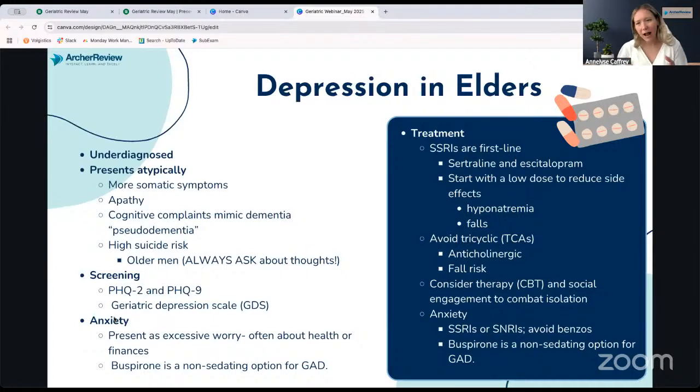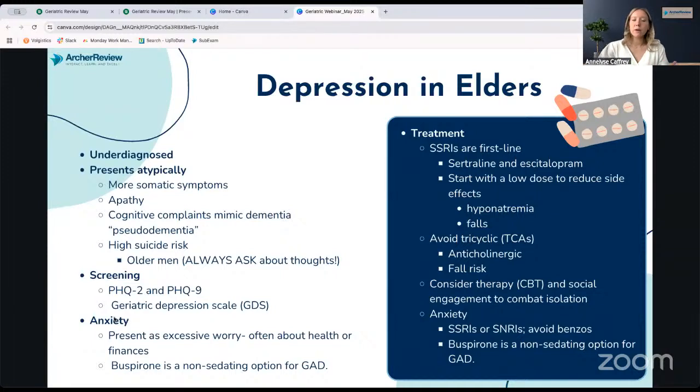I think it's extra high risk, especially because they feel like they're at the end of their life anyway. So it feels less drastic killing themselves at age 80 than it did at age 20. And so we want to make sure that we don't miss those suicidal ideations, that suicidal behavior, that we're always